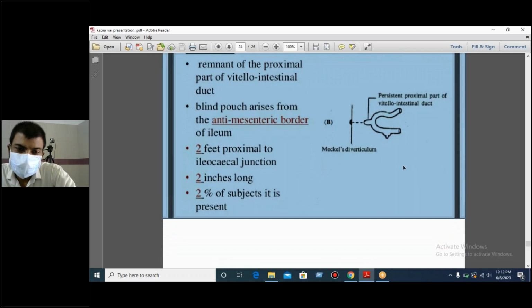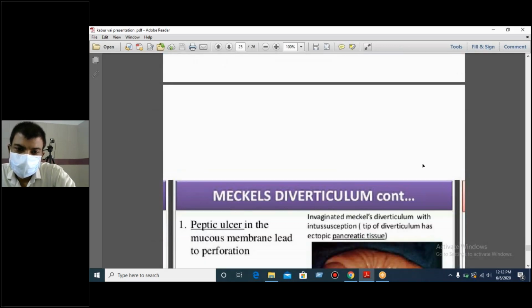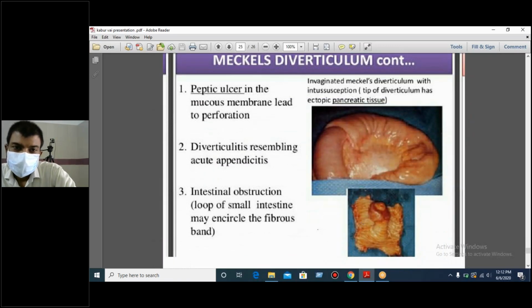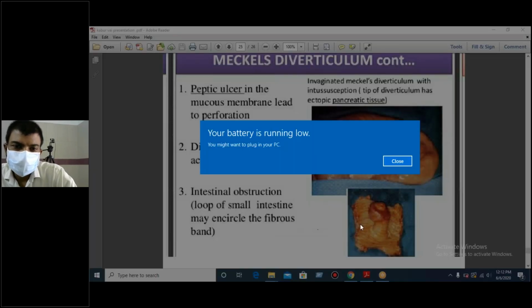It is present in 2% of subjects. Peptic ulcer in the mucous membrane can lead to intestinal obstruction, diverticulitis, and can mimic acute appendicitis. Okay, and thank you.